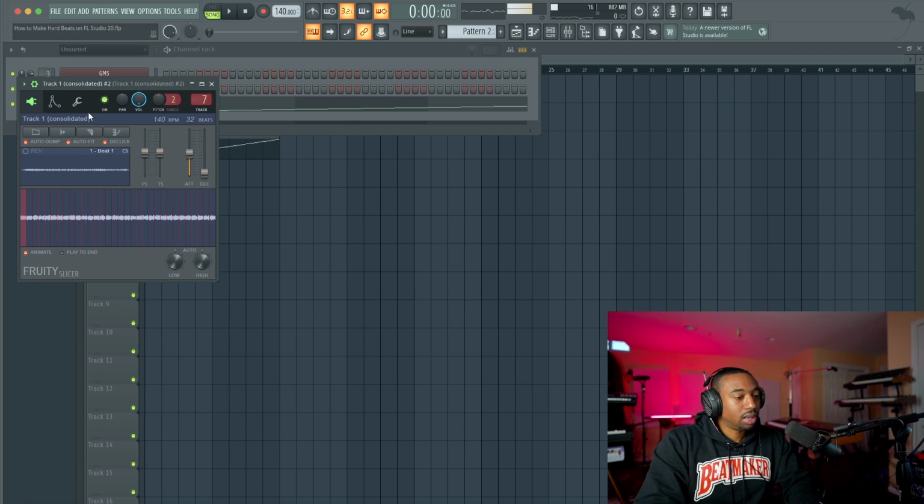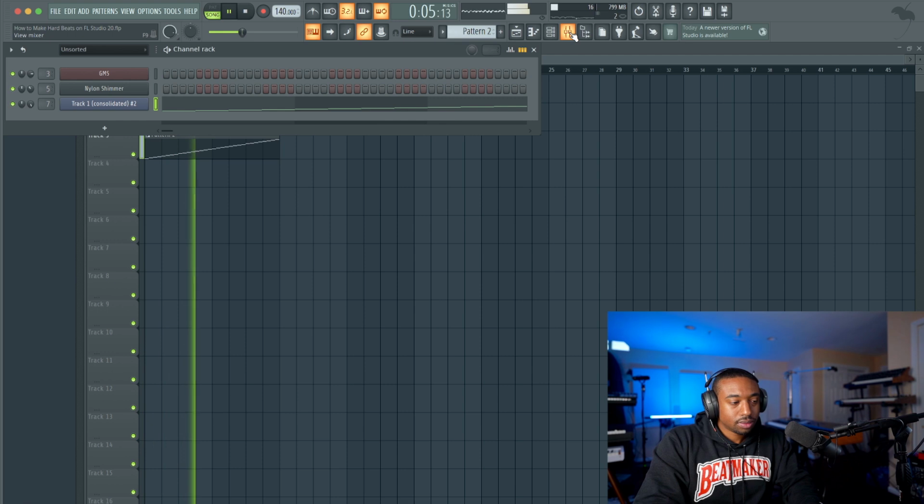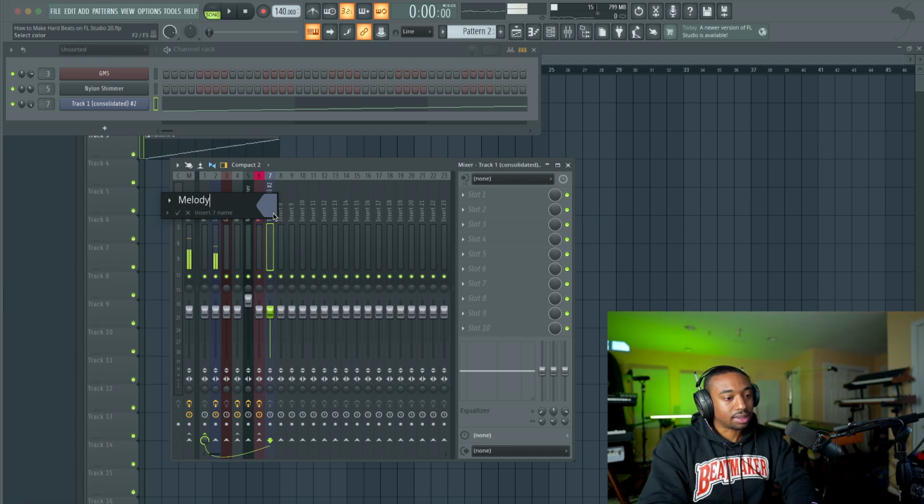Now we can go to the plugin icon and we can do cool stuff like time stretch. We could pitch the sample up. Let's do that. Now let's also mess with the time stretch. And the cool part is we can reprocess the sound. I know we're getting deep, but this is how to create stuff that isn't already done.